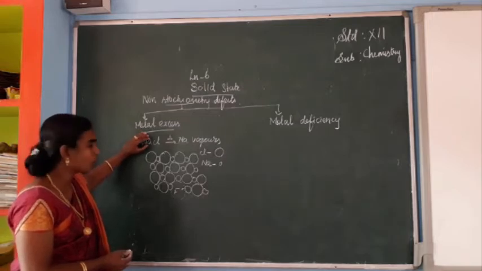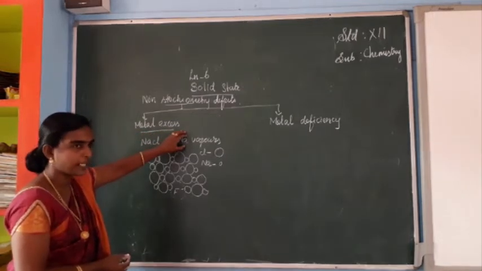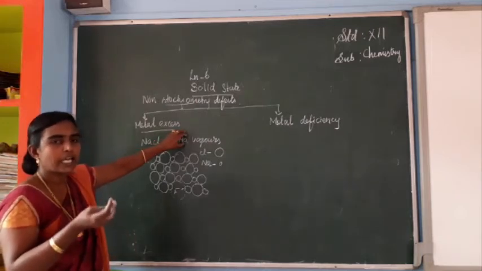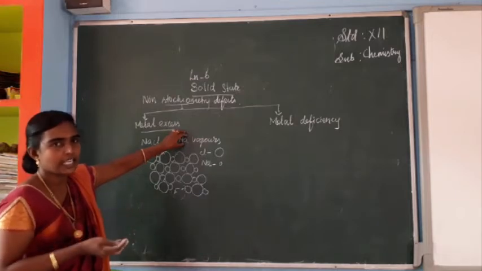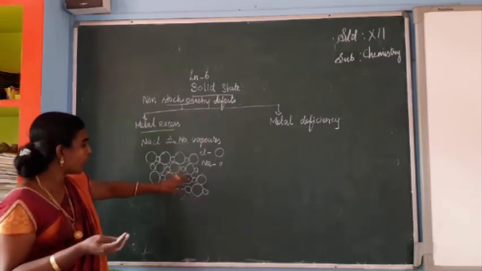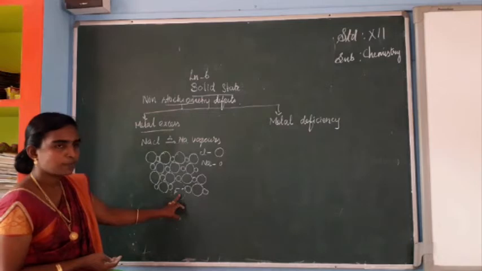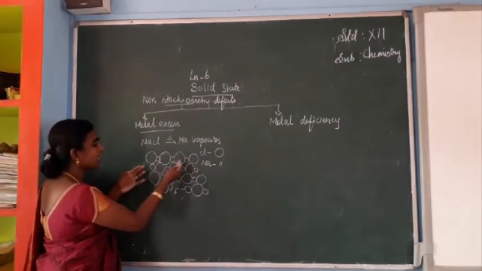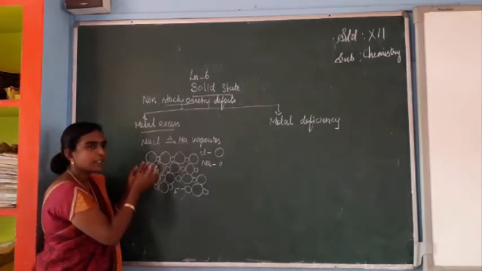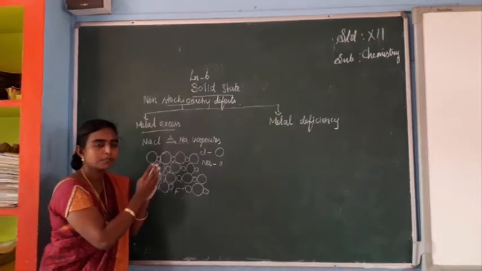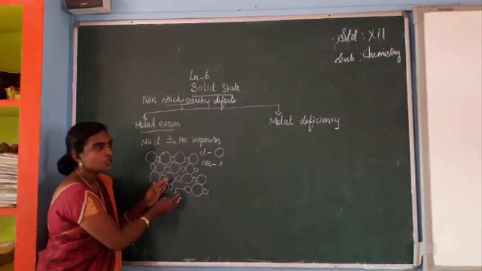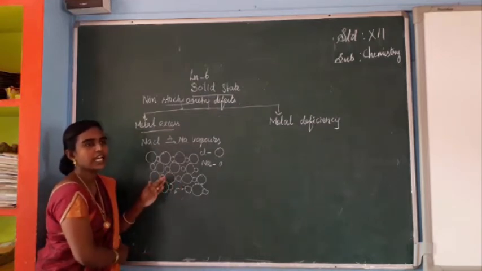When sodium chloride is heated with sodium vapor, excess Na plus ions occupy the crystal lattice. To balance these positive ions, negative ion positions are left empty. So with excess Na plus ions in the crystal lattice, some Cl minus places are vacant. These vacant spaces are called F centers, and F centers are otherwise called color centers.